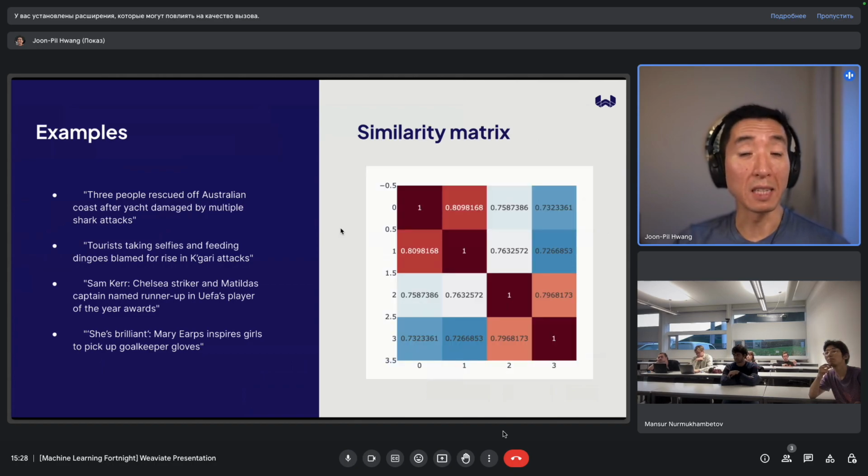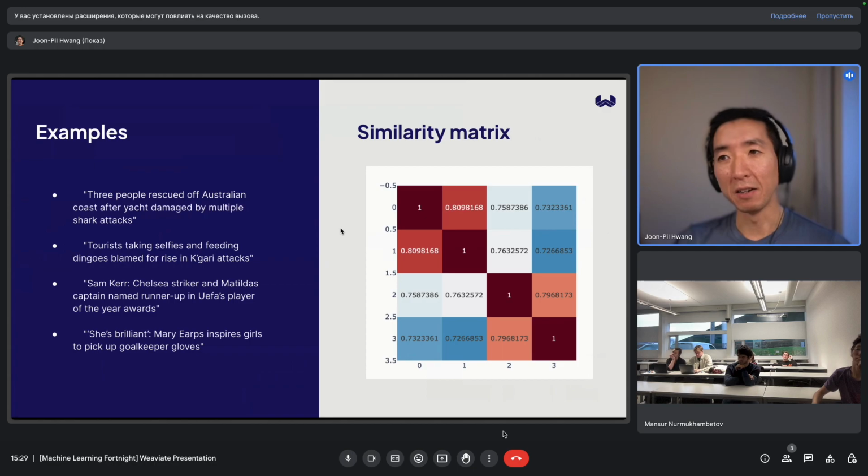So if I plot a similarity matrix between those 4 headlines, these 4 bits of text, this is what I get, right? So the similarity matrix, hopefully you're relatively familiar with something like this. It's symmetrical about the diagonal because you're comparing each of those 4 headlines. And so each second row, first column is a comparison between the second and the first headline. So you can see that the top left quadrant and the bottom right quadrant are relatively high values. And it intuitively makes sense, right?